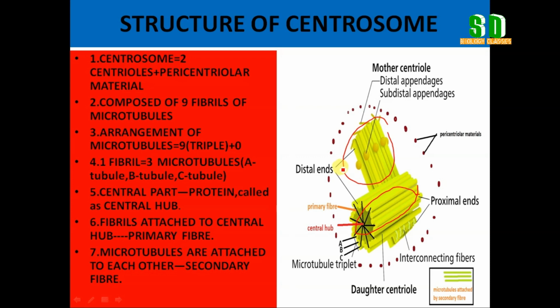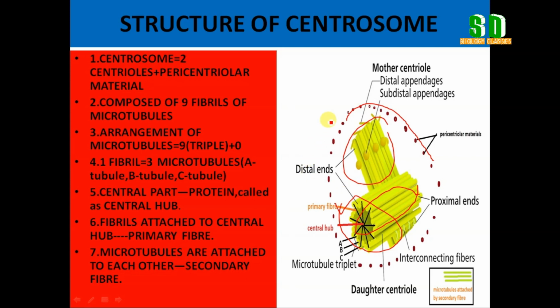The centrosome does not have any membrane, but the centrioles are surrounded by pericentriolar material. These are the pericentriolar materials. The centrioles are surrounded by the pericentriolar materials. The centrioles are membraneless, elongated structures which exhibit a cartwheel structure in transverse section. This type of structure is called the cartwheel structure that we can see if we get the transverse section of the centriole. The centriole also doesn't have any membrane.